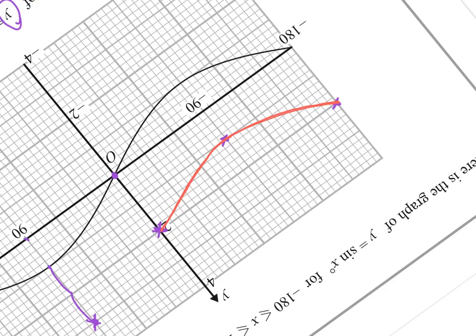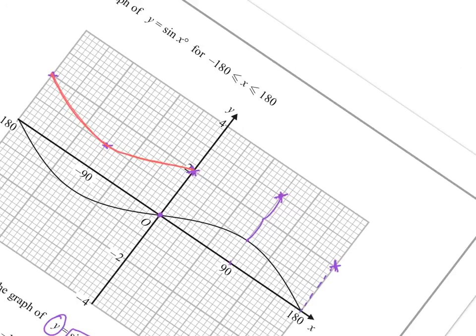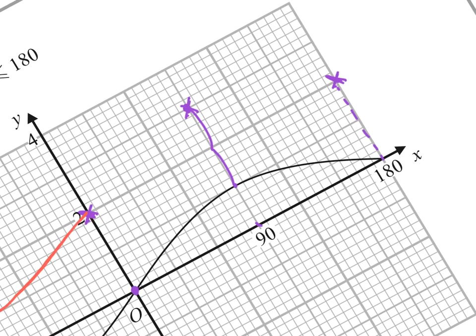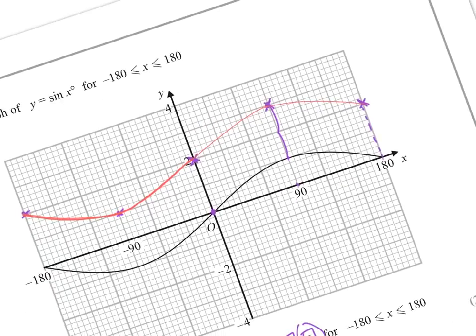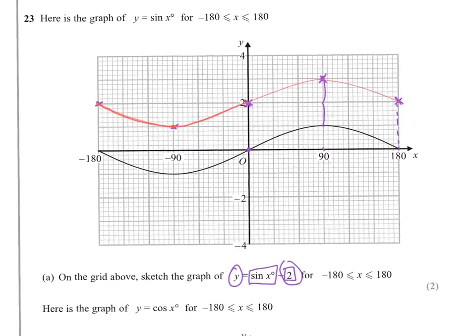And then you can turn your paper again like so, and then do the next bit, which I'll try here, and then you can make it nice and smooth like so. Okay, so that's the first part of the question done,